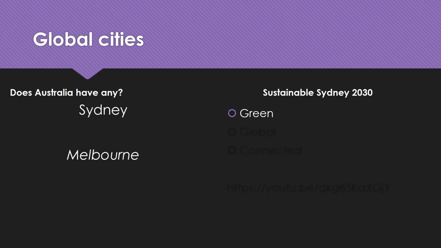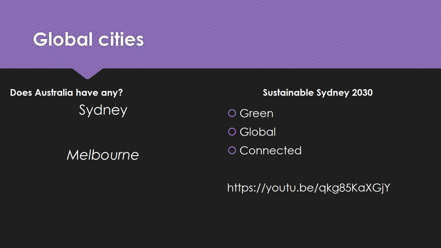So, their sort of slogan is green, global, and connected. So, green, thinking about maybe green spaces and making sure that it's environmentally friendly. Global, sort of making sure that lots of different nations can be involved, whether that be in trade or communication, and similarly making sure that they're connected through maybe transport and education and other things that we've looked at through